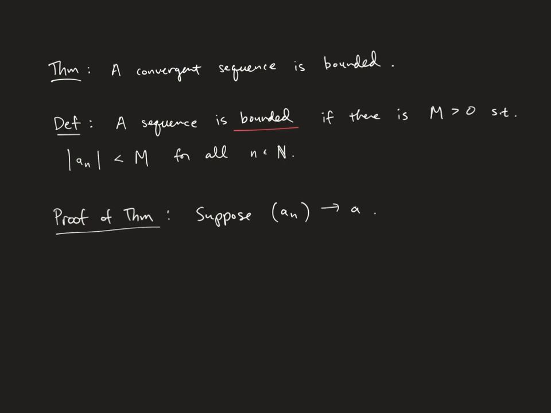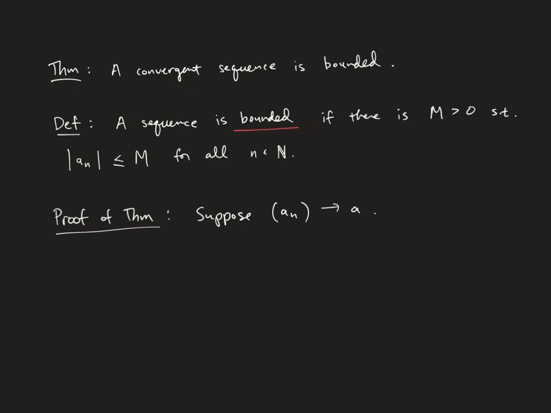And I think it'll make things slightly easier. Actually, this definition here, you can change this less than to a less than or equal. That might be more convenient in practice. So, right, if you can make the an's less than or equal to some m, then considering m plus 1, they would all be strictly less than m plus 1. So the two definitions are equivalent.